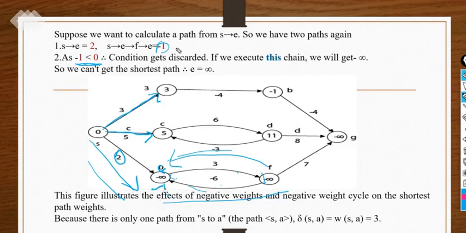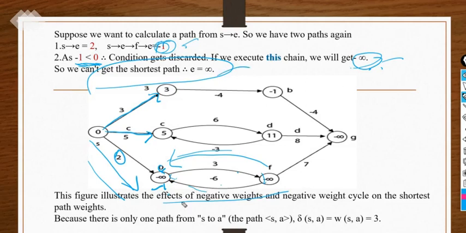First, if we get -1, we check the condition and it is discarded. If we go on, it will go into the loop and decrement up to infinity. So, as we have already mentioned, if the weight that we are getting is less than 0 and going to minus infinity, we cannot find the shortest path. That's why from S to E there are infinite path options.